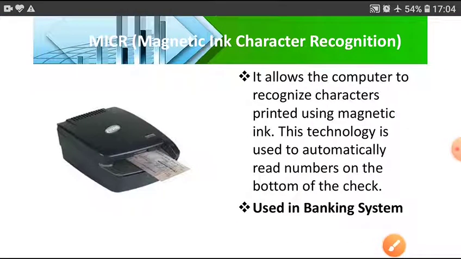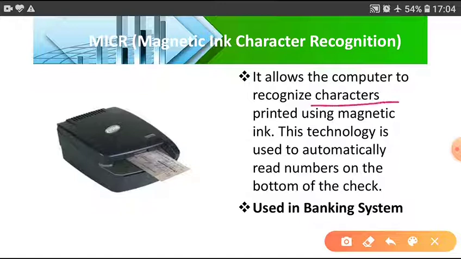Next, MICR, magnetic ink character recognition. It allows the computer to recognize characters printed using magnetic ink. This technology is to automatically read numbers on the bottom of the check. This machine is basically used in banking system.